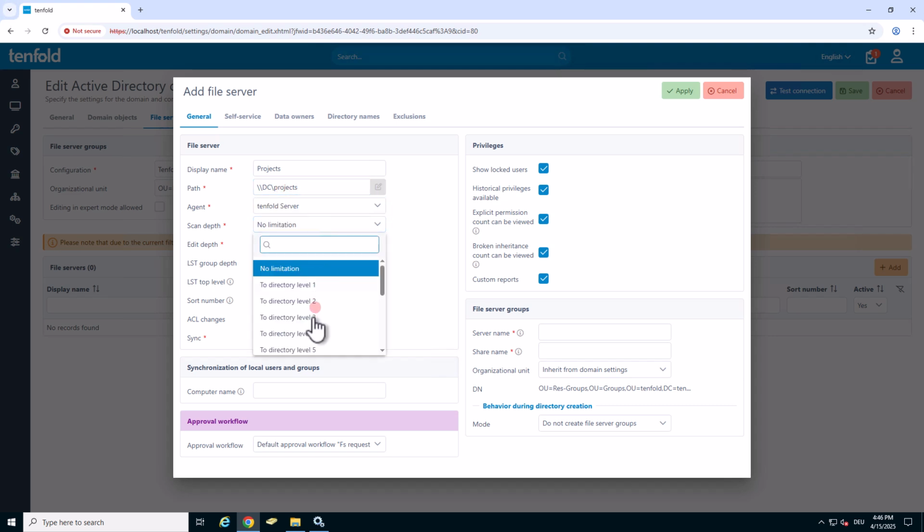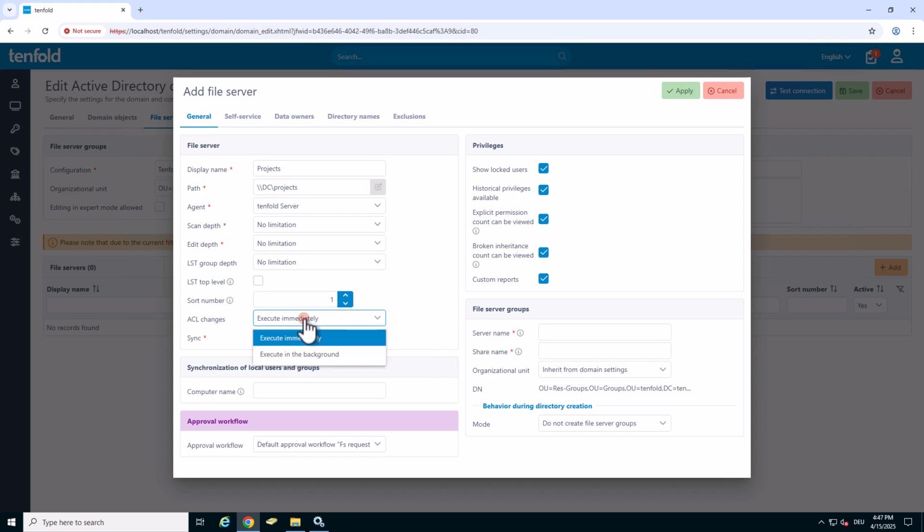You can restrict the scan depth or edit depth if you need. Via the sort number, you can change the order for your shares. If Tenfold sets permissions, you can decide if you want to execute the ACL changes immediately or in the background.